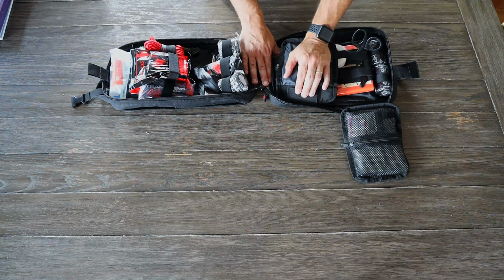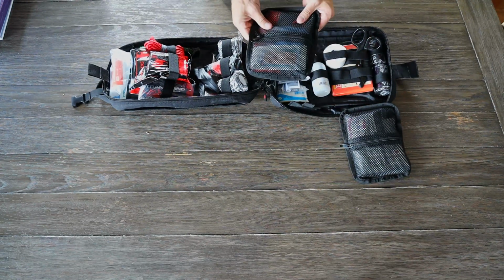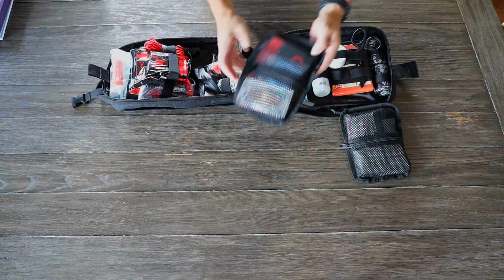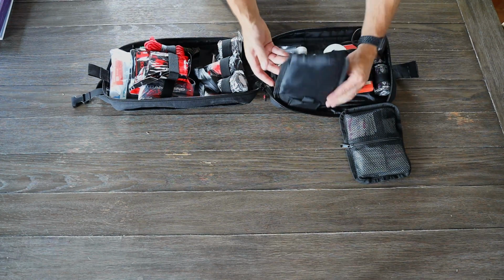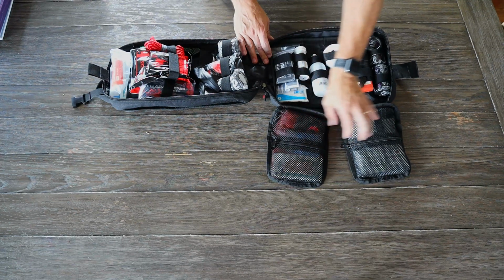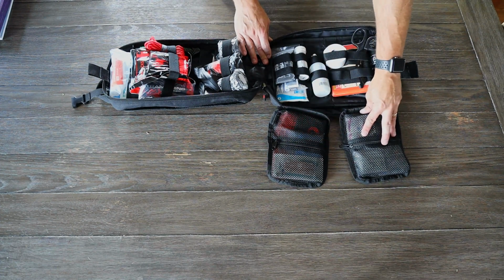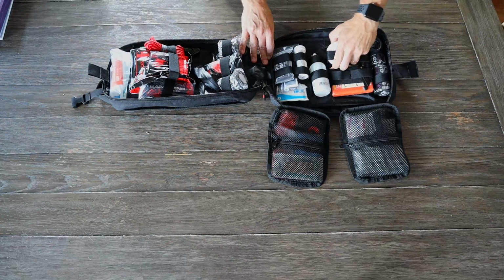The nice thing I like about these pouches is they are Velcro. So you can either use what's in these pouches, or you could set those up however you want, where if you need to just deploy quickly with less equipment, you might be able to put just a certain number of items or certain things like your bleed control into those if you want to grab them. And on this side, we've got